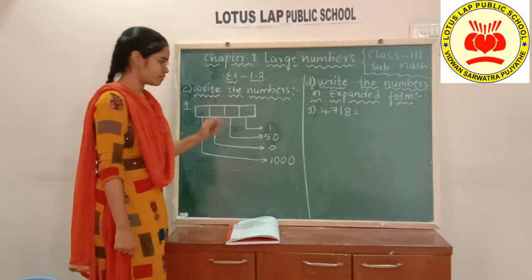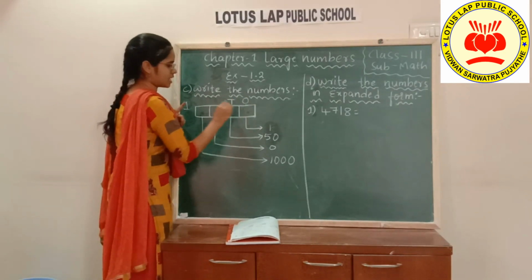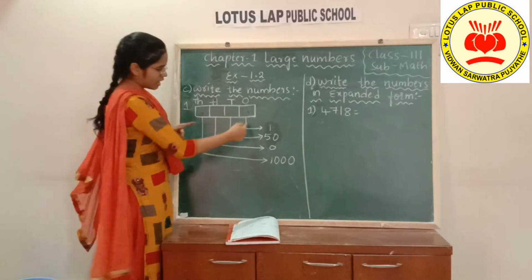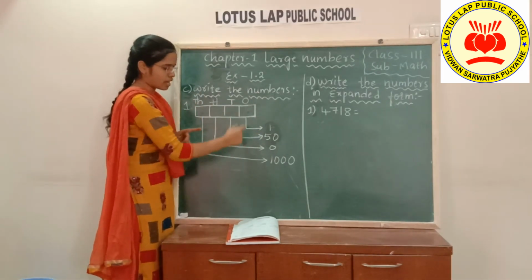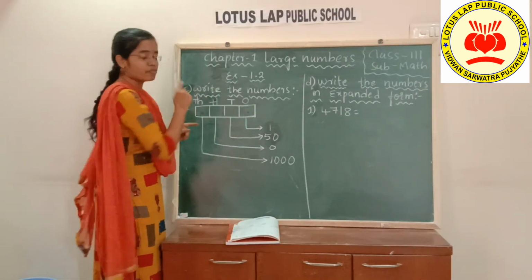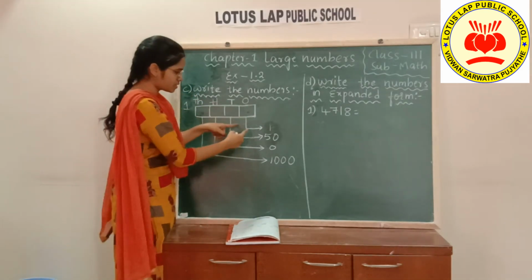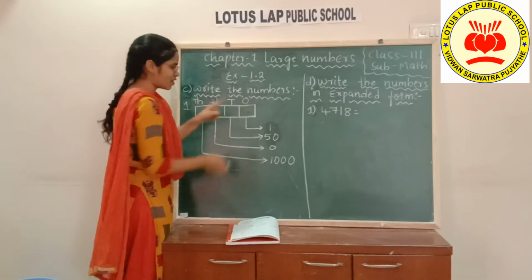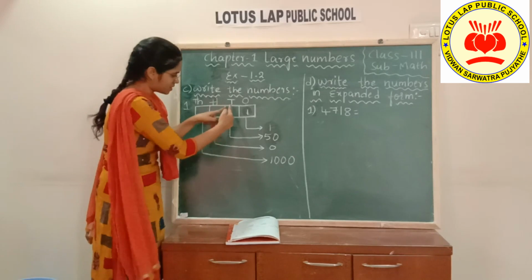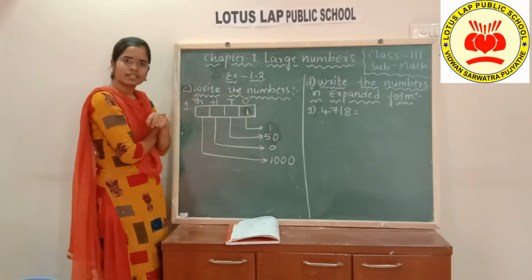Okay, children? Yes, for this also, you arrange the places. Okay, ones place, tens place, hundreds place, thousands place. So you can see the arrows. For each box, I have drawn an arrow. By seeing the arrow, you just fix the correct digit in that particular box. Okay, children? See, in ones place, we need to write 1. Very good. Okay. Next, in tens place. See the tens place. In tens place, we are having 50. We should write 50 here. We should write 50?